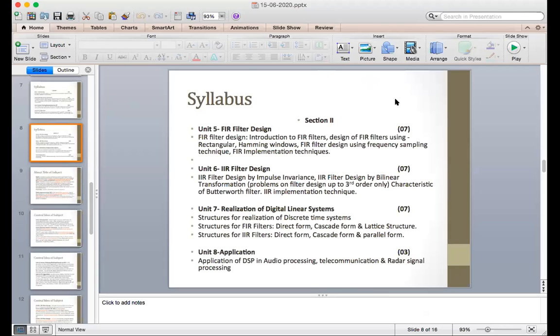Okay, so this is all about today's agenda. In the next lecture we'll start with chapter 1, and then move through the contents of chapter 1. With this, I'm going to stop today's lecture.